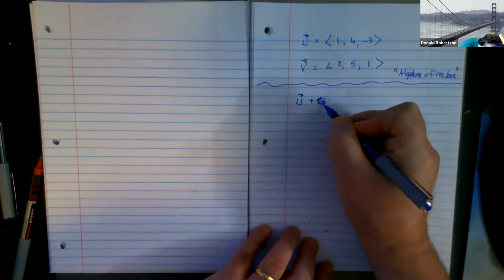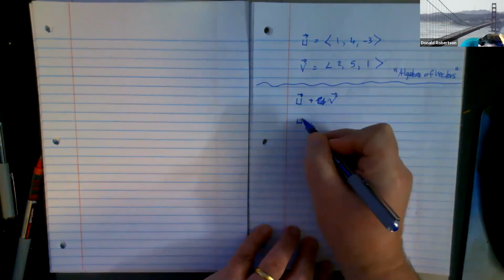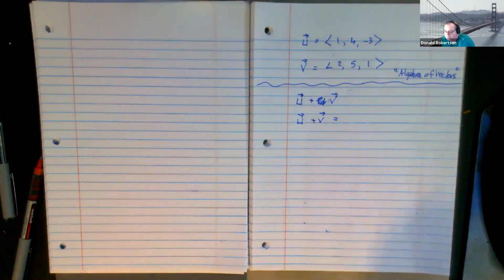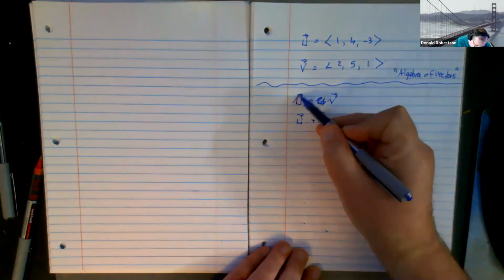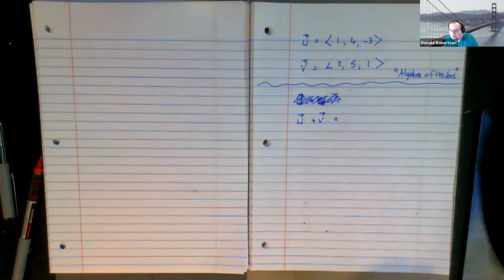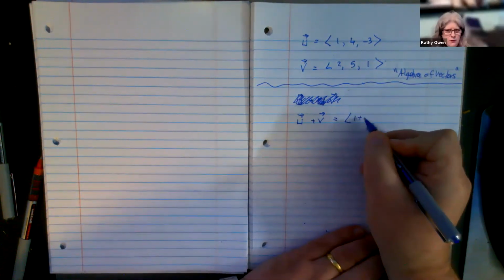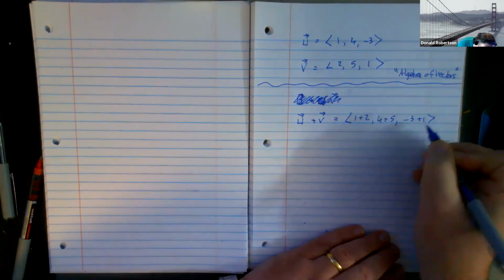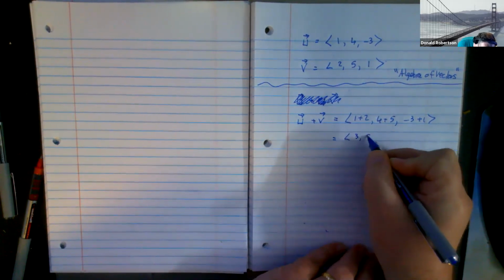Well, let's look at adding. Suppose I wanted to add these two vectors together. And you've never done a physics class in your life, so this is brand new to you. What would be the most obvious method that would be intuitive to add two vectors? Adding the X, Y, and Z's together. Yeah. Add the X components together, add the Y components together, add the Z components together. In which case, you get 3, 9, -2.